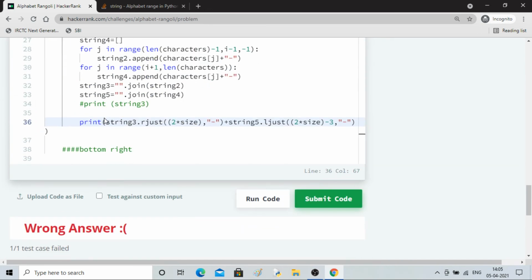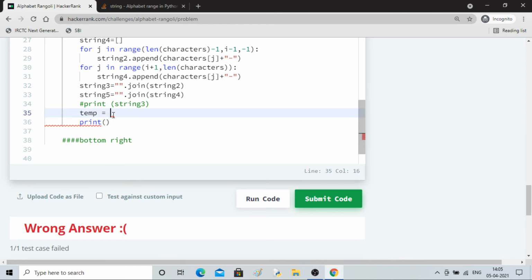Everything looks same. So what I'll do is, to remove this guy, I will save this whole thing into a temporary variable. Control X, and I'll save it here.